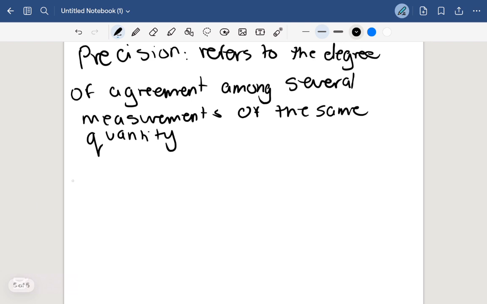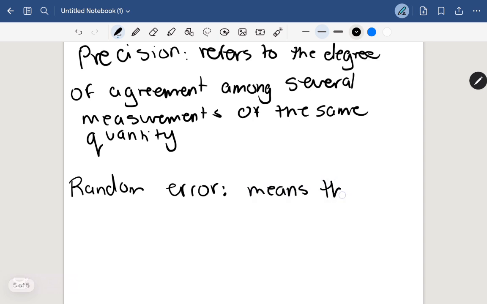After precision, we have random error. This is very important. Random error, it is what? Indeterminate. So you don't know where it is from. Okay, it's just like any random. Or indeterminate, you cannot determine it. What does a random error mean? A random error means